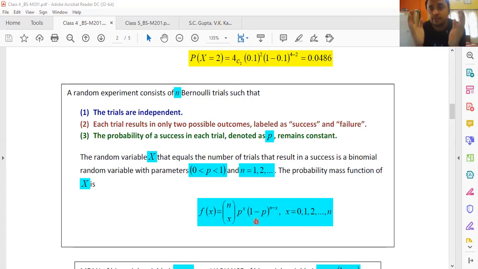A parameter is the kind of thing by which we can identify the distribution. If you give me a physical situation and you want me to calculate the probability, then as there are various such different situations, they follow various different probability distributions. So we have to know all the existing probability distributions. How do you know that a particular physical situation is following that probability distribution? By the fact that you can identify the parameters,